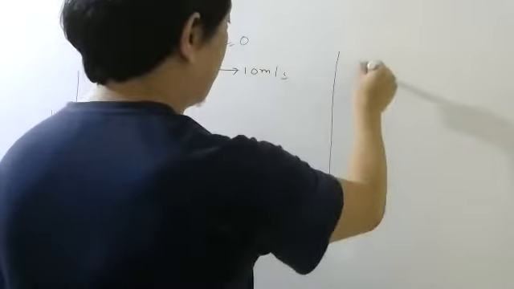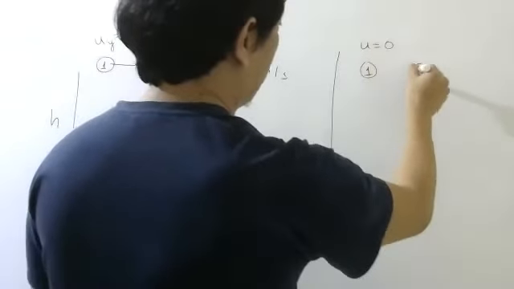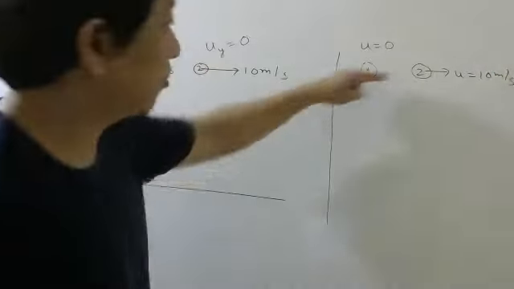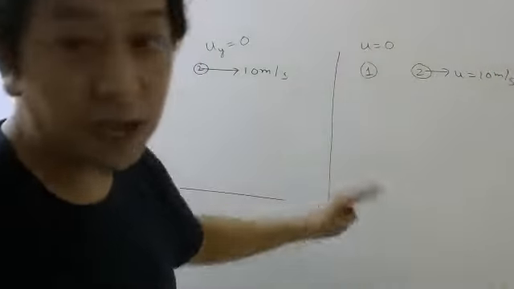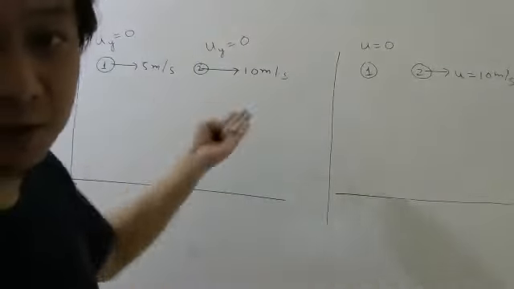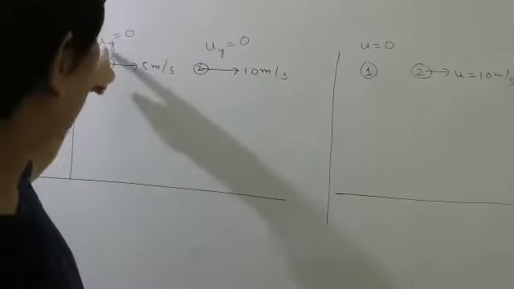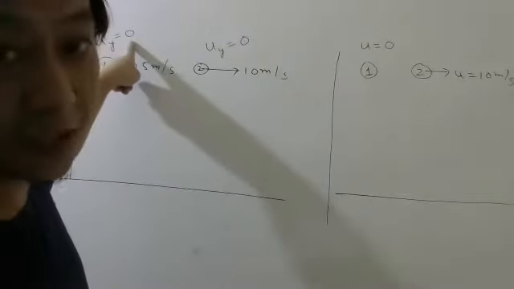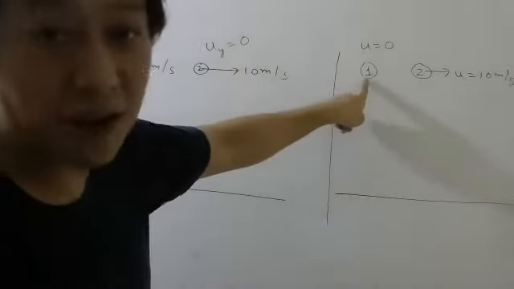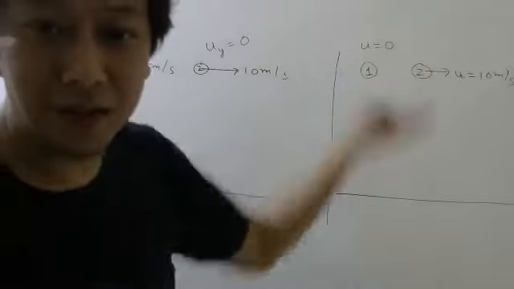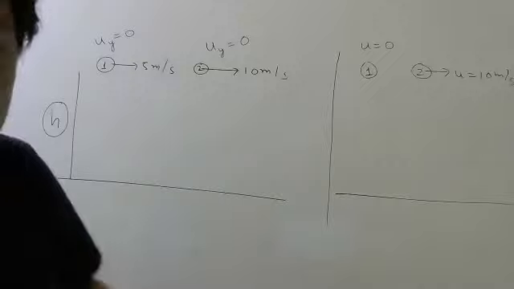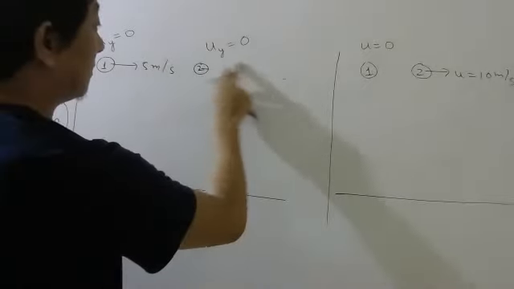Initially I told you one ball is dropped and another one is thrown, right? So these two I told will take the same time to reach the ground. Then why will this not take the same time? These two also will take the same time, because even for this one, the y component of initial velocity is 0, same as this one. So all of them will reach the ground at the same time. It will depend only on what? Height.